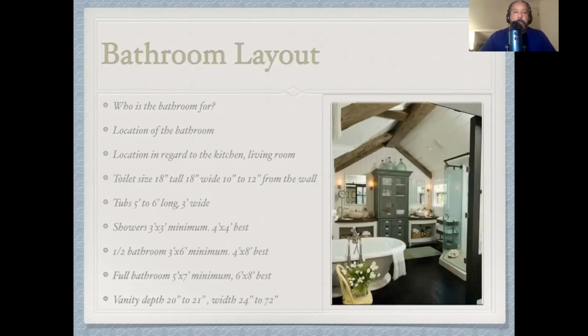All right, bathroom layout. Who is the bathroom for? Is this going to be for a guest? Is it going to be a half bath, a full bath? So take into consideration who the bathroom is for, and where the location of the bathroom is going to be in relation to the house. In regards to the kitchen, living room, bedrooms, how far away is that bathroom? You don't want to have a bathroom too close to the living area because then the guests who will be using it could feel a little self-conscious about how loud they're being and who can hear and